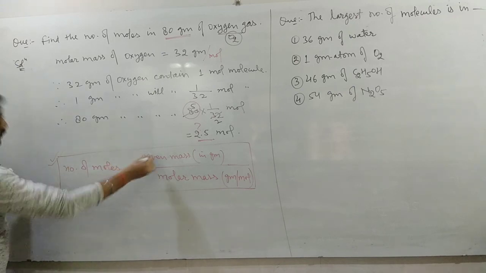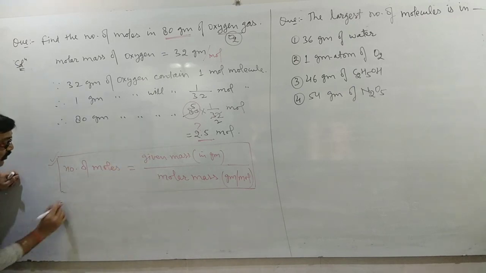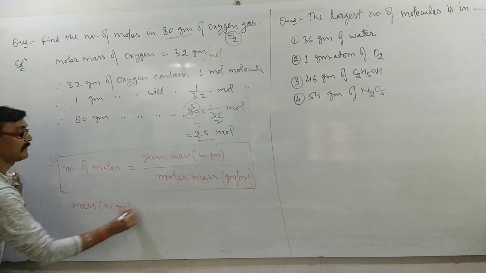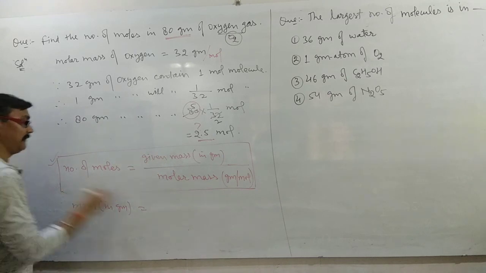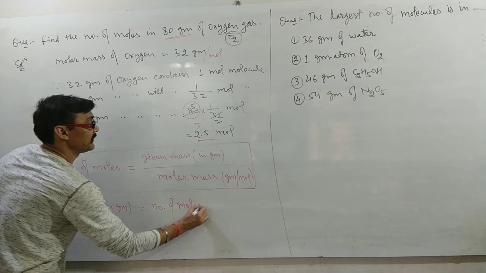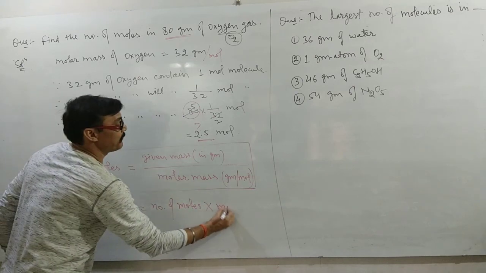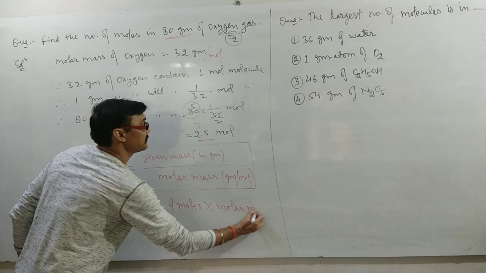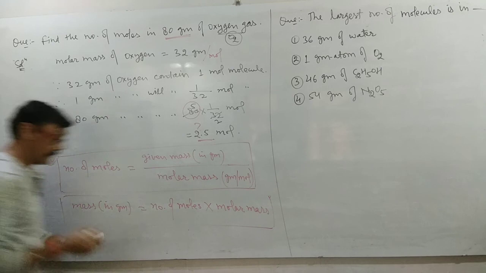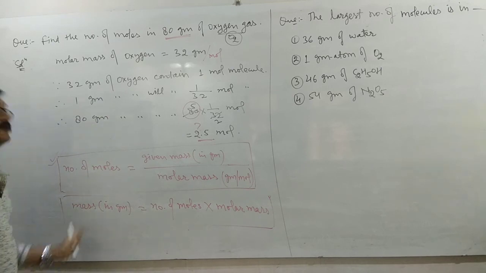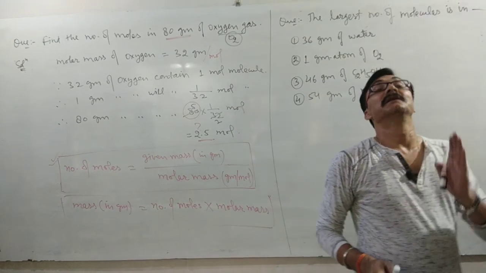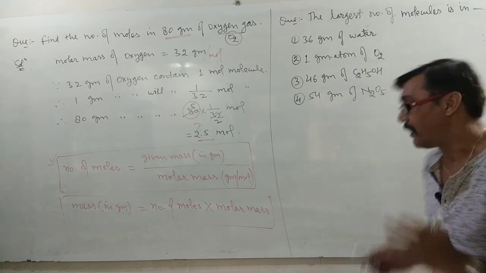Or if you want to find mass of substance in gram, then you should know number of moles multiplied by molar mass of that substance. By these formulas, you can convert mass into moles and moles into mass. That is why mole can be used to represent mass, not only